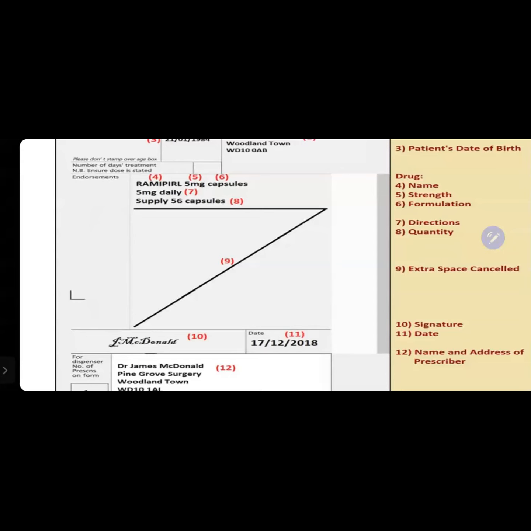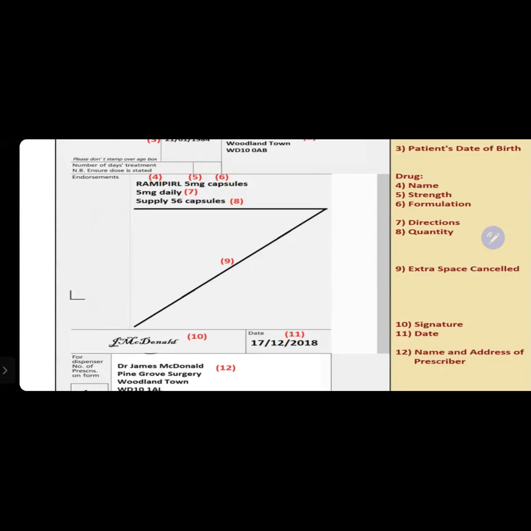If it is milligrams, grams, you can use the abbreviations. Otherwise, if it's micrograms, nanograms, you are going to write it in the full form, as Dr. Kurat mentioned earlier. Then you will be writing the formulation, like capsules, or tablets, or injection, or oral suspension. So whatever is given in your task, right? For example, we will be doing the prescription writing for nitrofurantoin. So we will be writing here tablets. So this is our first row. First, the name of the drug, then 5 milligrams strength, and then formulation.